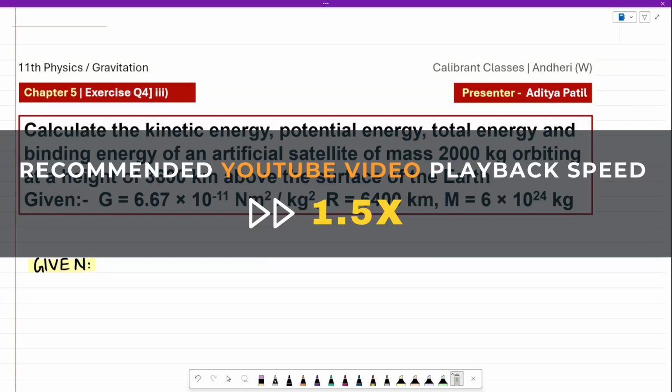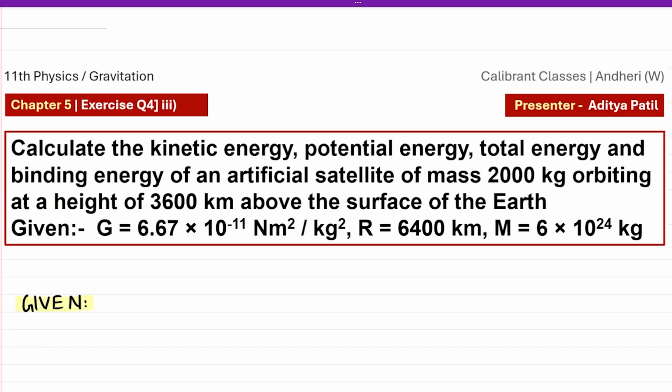Hi, discussing the third numerical from the exercise for the chapter Gravitation. So let's start. Now the question says calculate the kinetic energy, the potential energy, total energy, and the binding energy of an artificial satellite whose mass is 2000 kilograms orbiting at a height of 3600 kilometers above the surface of